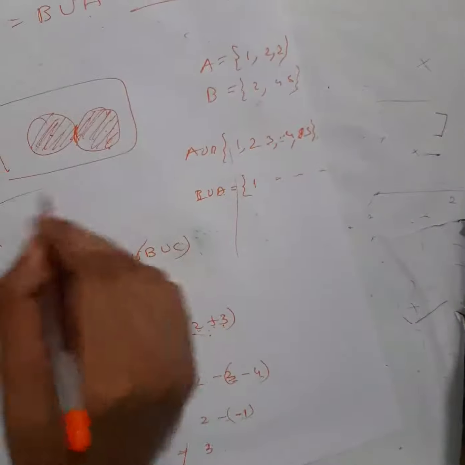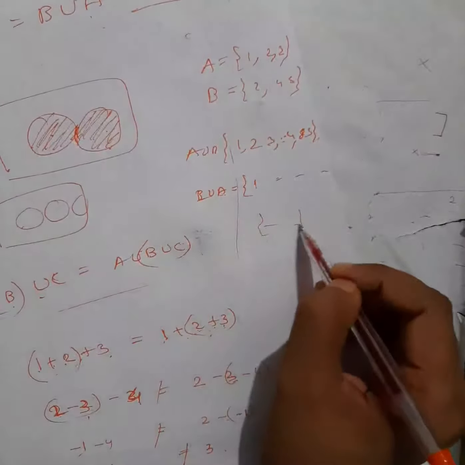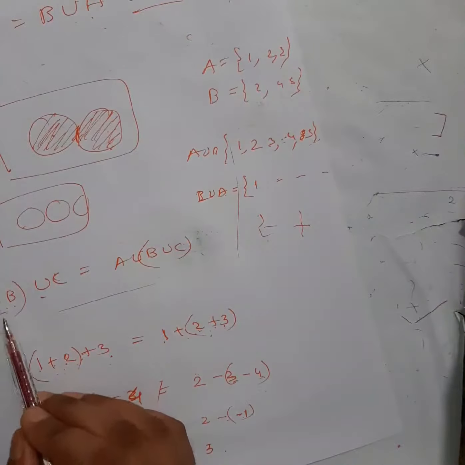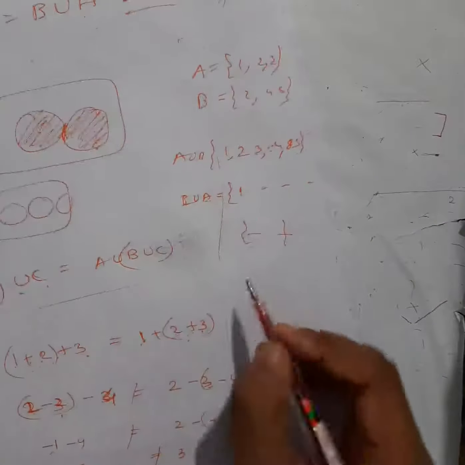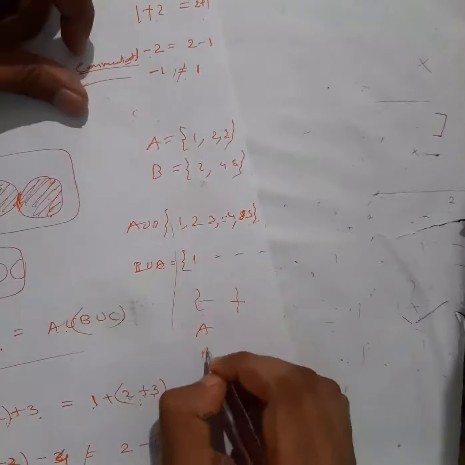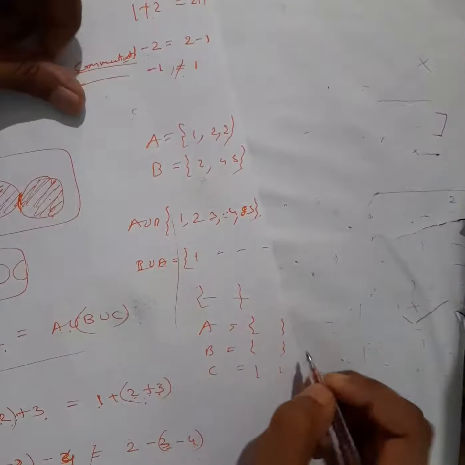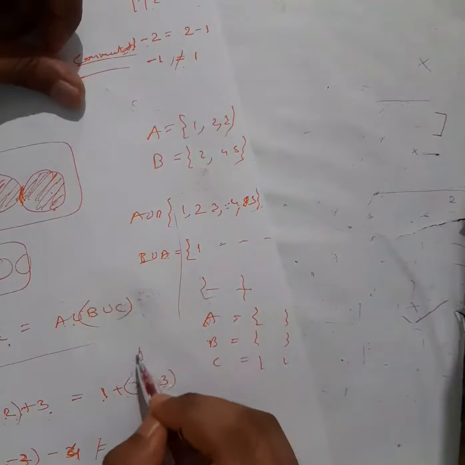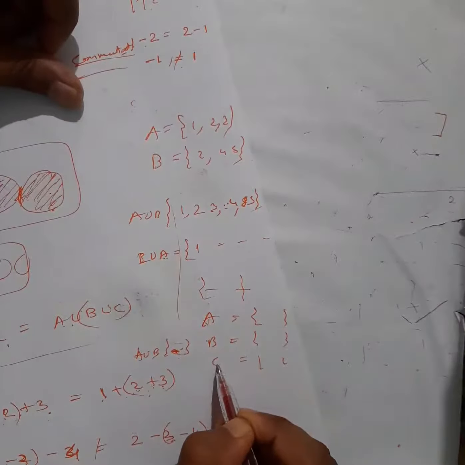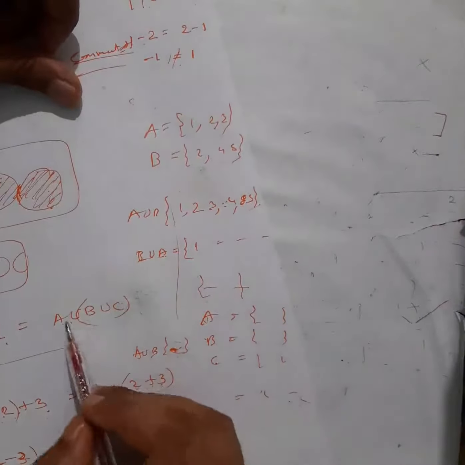Simple. Again, use your Venn diagram. Take A, B, C, or take some example with numbers. Try to find A union B first, and then with whatever comes out, find the union with C. Take A, B, C as some sets, randomly, on your wish, whatever numbers you want. First find A union B. You will get some set here, right? Then find the union of this with C. Find out what the elements in the set will be. Then you do this one.